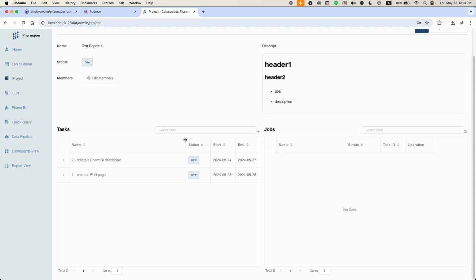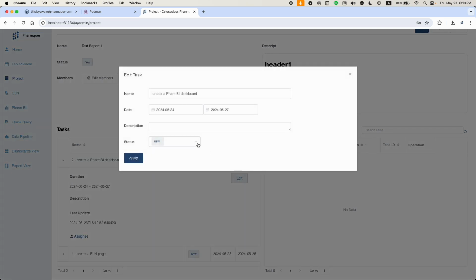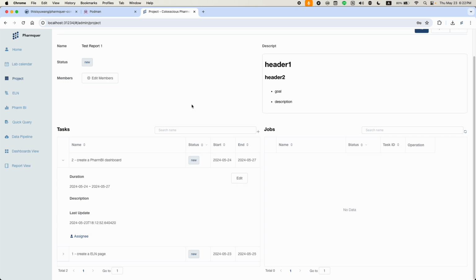And one important point to note is that we cannot delete or establish a task in Funkwire. We can only edit their status, like this. We can only label a task as dropped or deleted to indicate it is terminated. After creating the tasks, we can assign them to others in Assignee.